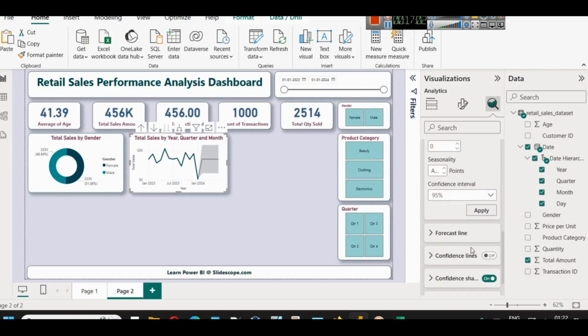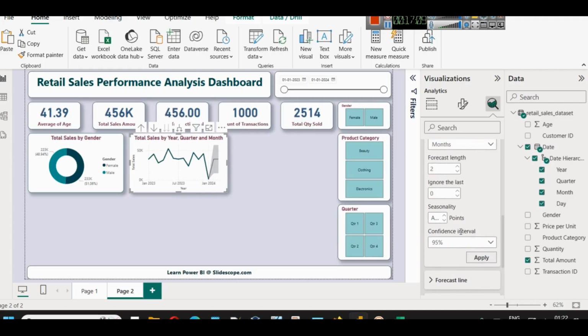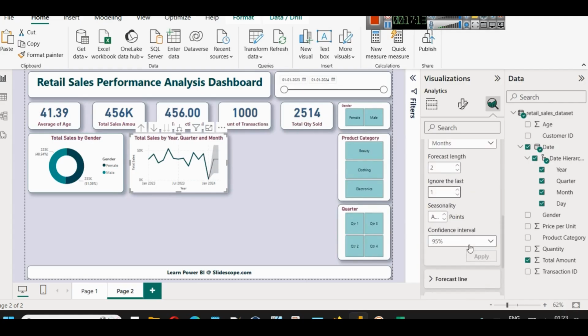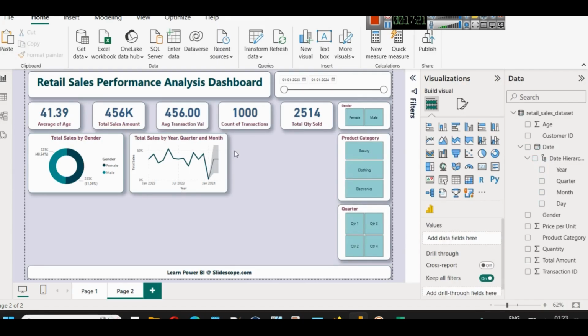So from here we can select forecast for 2 months and apply. We can try, if you want you can ignore last, let's say 1 month or 1 point. And we can apply. So this way you can show forecast,